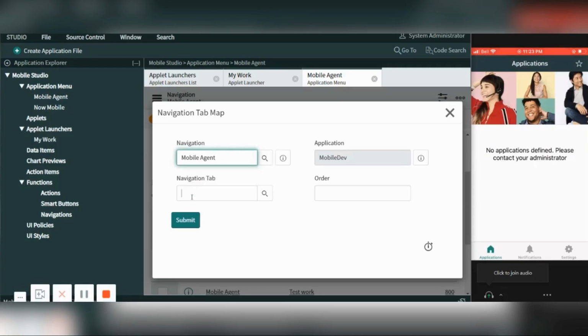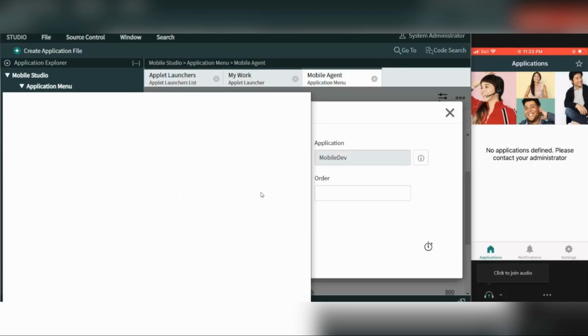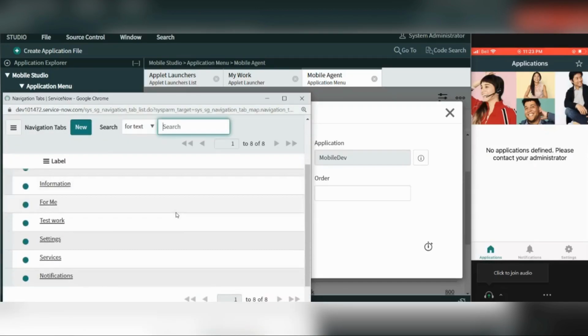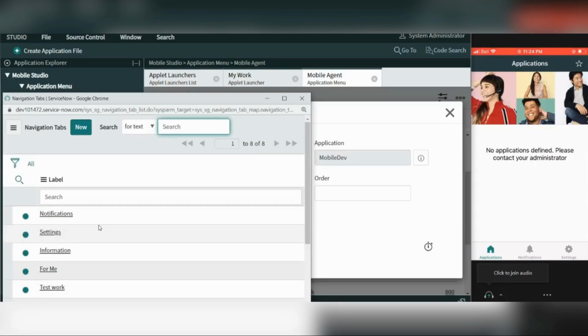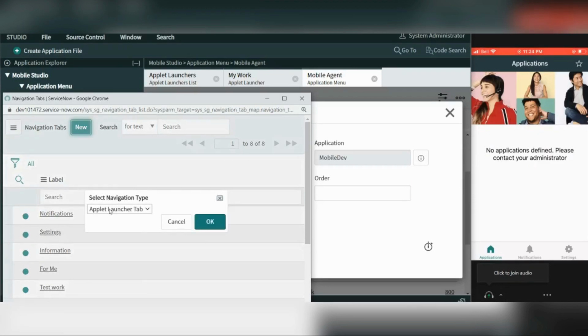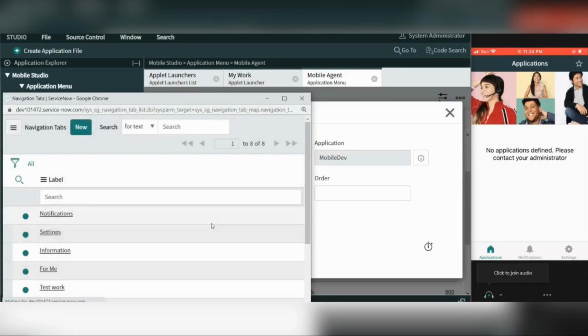Navigation, mobile agent, navigation tab. I want to create a new navigation tab of type applet launcher tab.